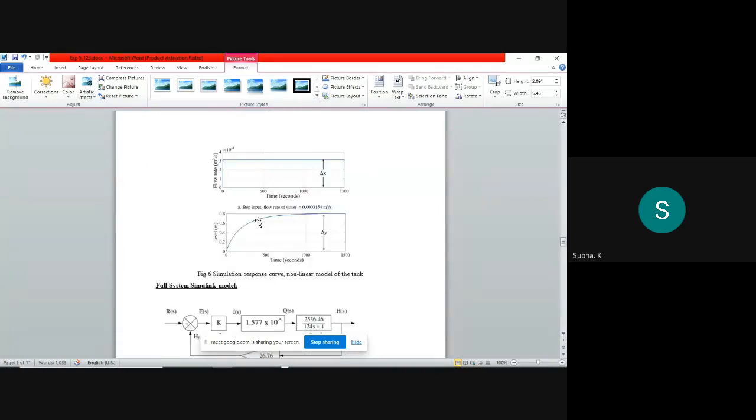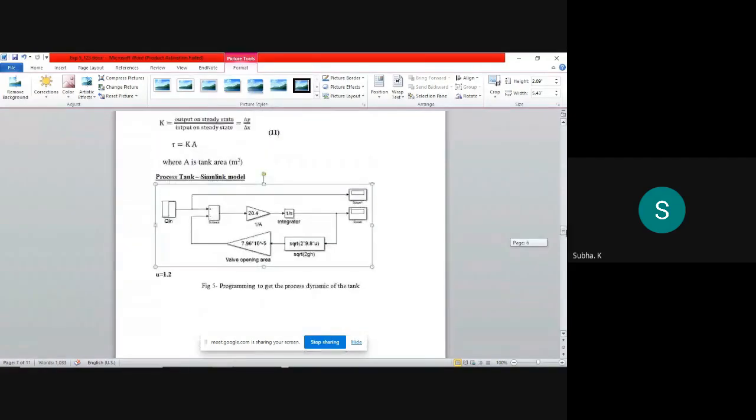The input flow rate, they have set it as I think 3 into 10 to the power minus 4, 0.3 or something, and the level output is 0.8 they have set, the maximum level in output. This is a step input that should be set at 0.0003154 meter cube per second. Try to simulate this first in your MATLAB Simulink diagram.